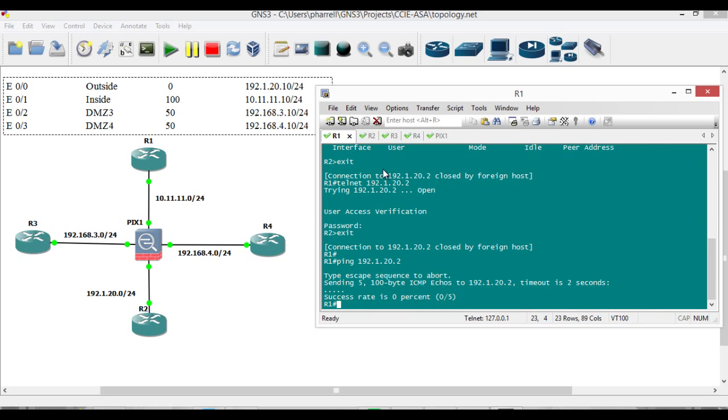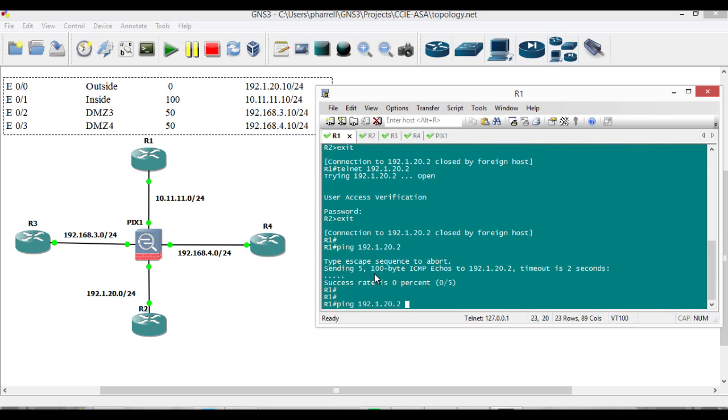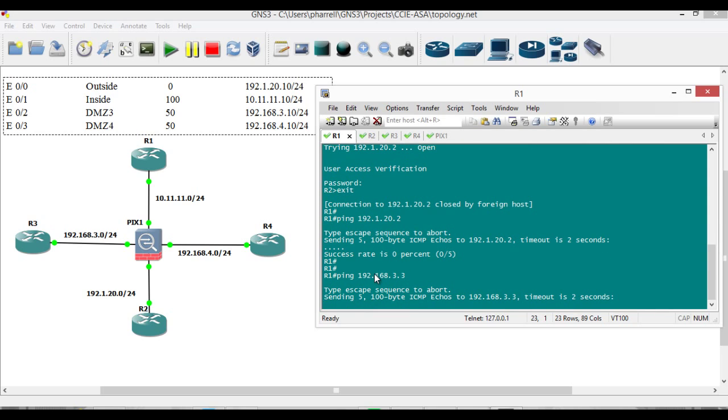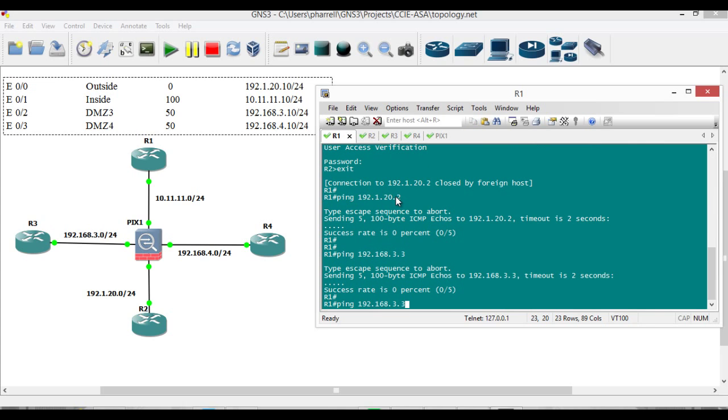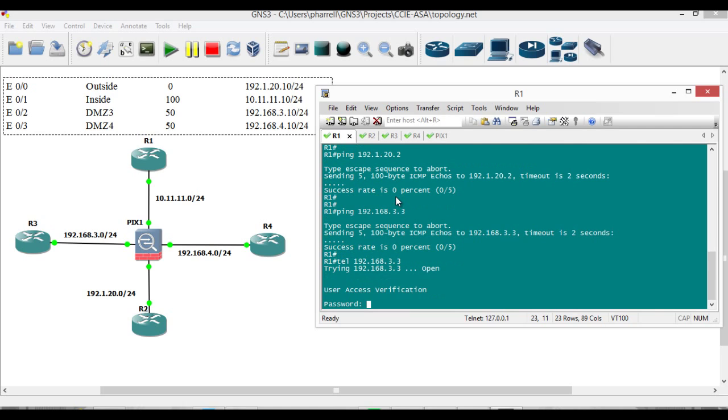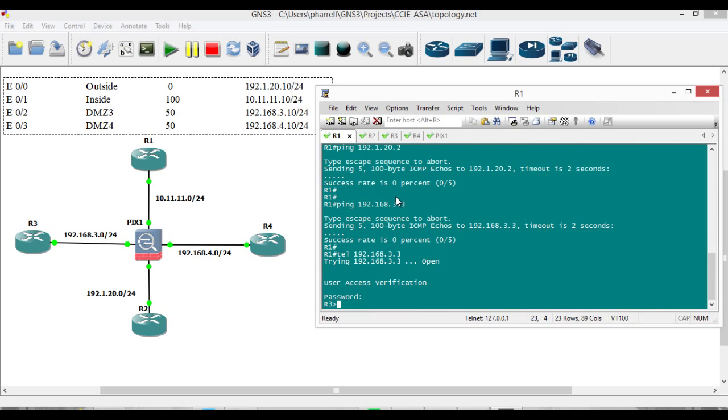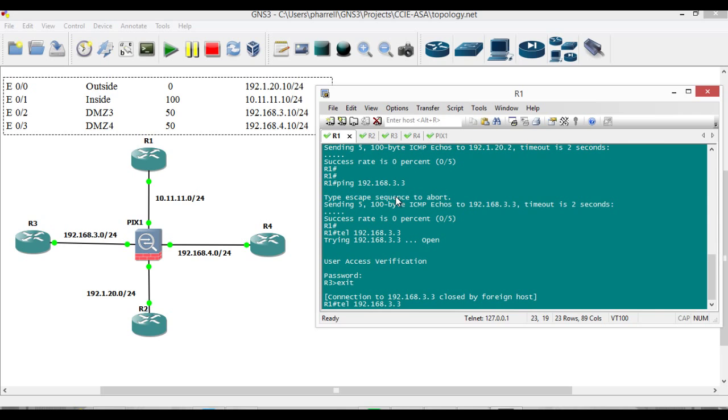Yes, it's inspected by default. Okay, something I wanted to tell you. R1 can go to anybody. You can go to R3. Sorry, I wanted to do telnet actually. Let me first put you all here. R1 can go to R3, no problem. You can go there, he's in the R3. You understand? You can go to R4 as well,